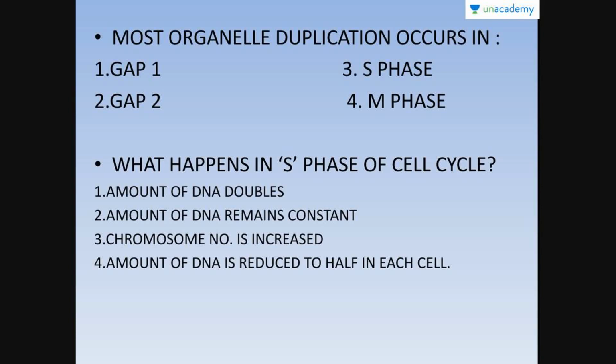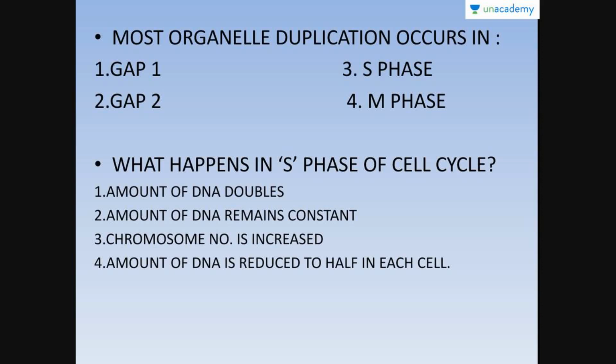Now interphase also has three parts: G1 phase, S phase and G2 phase. During G1 phase, growth occurs, major cell organelle duplication occurs, and various biomolecules are also synthesized. That is what we have learned till now. During S phase, duplication of centriole and replication of genetic material occurs. During G2 phase, tubulin protein synthesis occurs, and some organelles like mitochondria, chloroplast and Golgi body are synthesized.